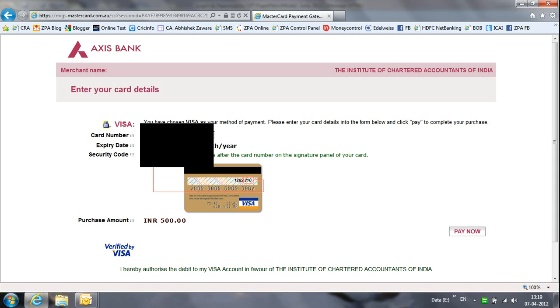So you enter the 16-digit card number, then there is the expiry date of the card which you enter out there, expiry month and the date. And then there is a security code. Security code is displayed on the back side of your credit card. It is a 3-digit code. So I enter the security code. I click on pay now. I have entered these details. You may not be able to see these details. So I click on pay now,